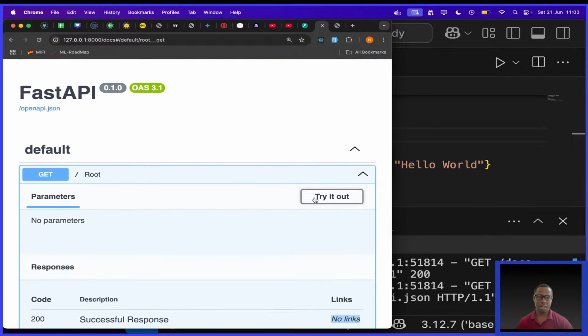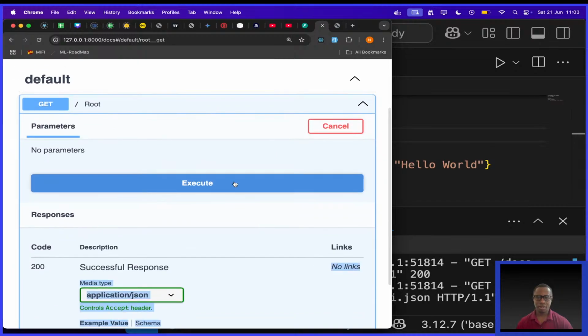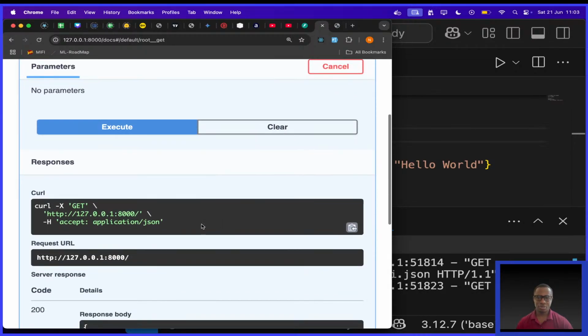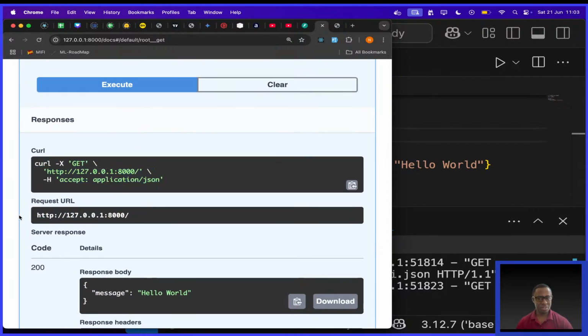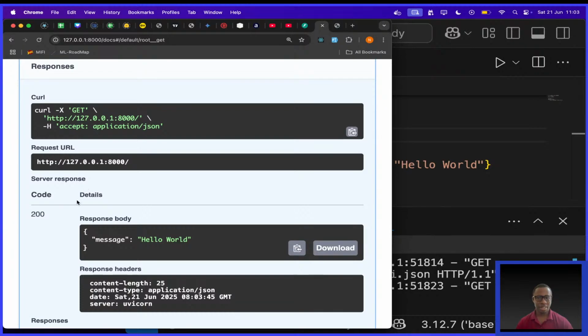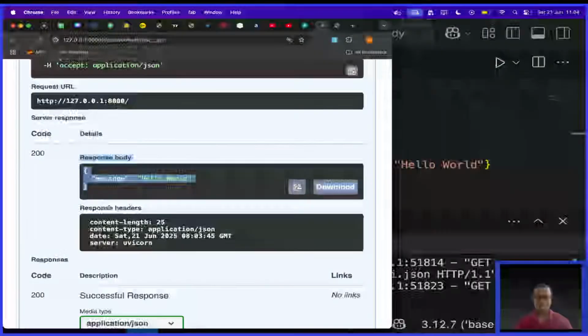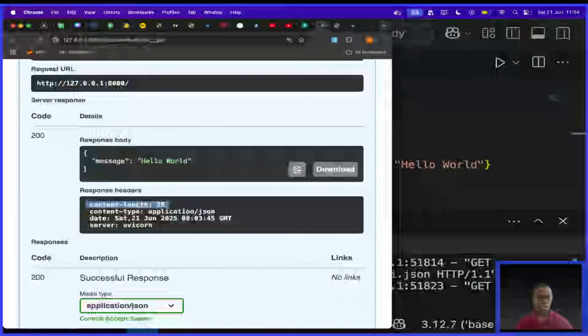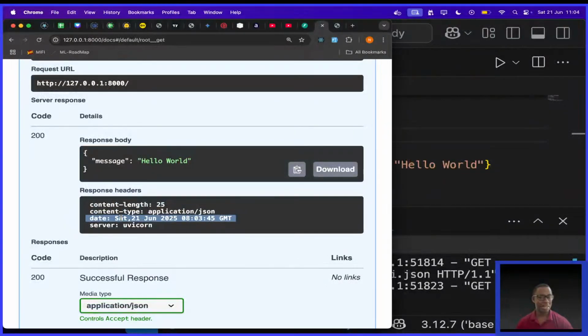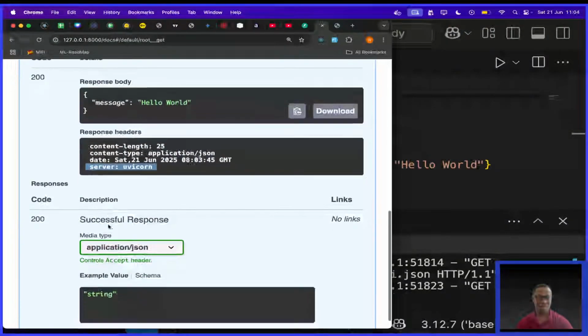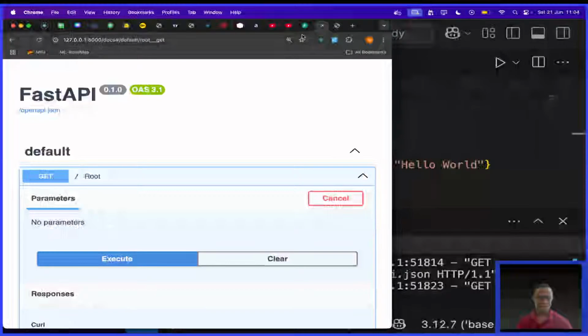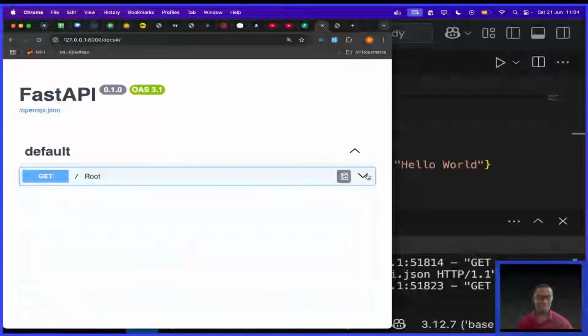If I say try it out, then execute, you see we even get a sample using curl. We're given the request URL and the server response. The code is 200. The response body is that JSON string, and the response headers. We have content length, content type, the date, and the server. Yeah, pretty good. I think I love this.